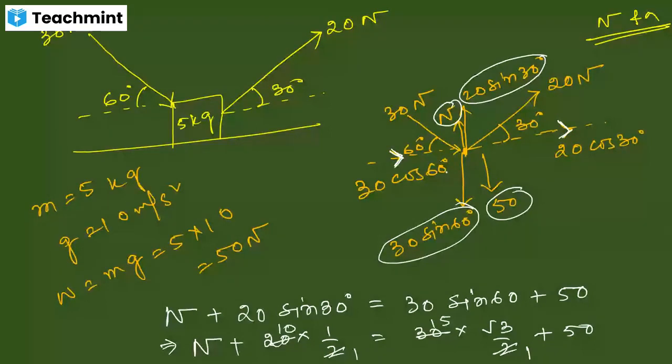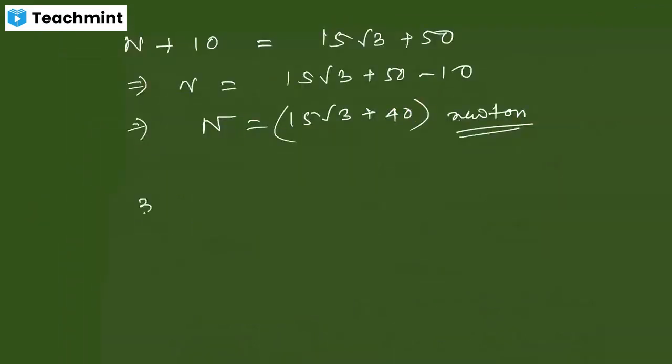We cannot make them equal. The two forces can be equal if they are acting opposite with respect to each other, but in this case the two forces are acting in the same direction, so that's why we have to add them. So 30 cos 60 plus 20 cos 30 results in the acceleration of the object, so it is equal to the resultant force.